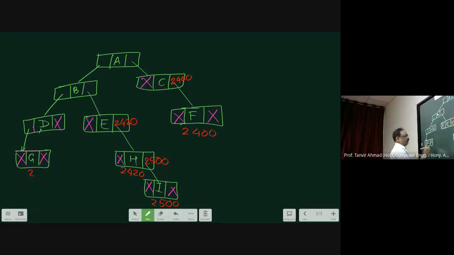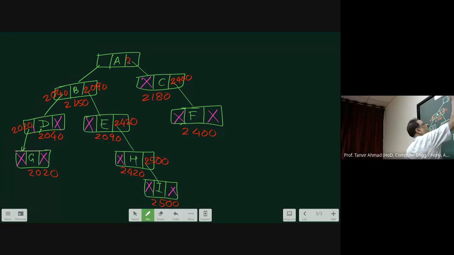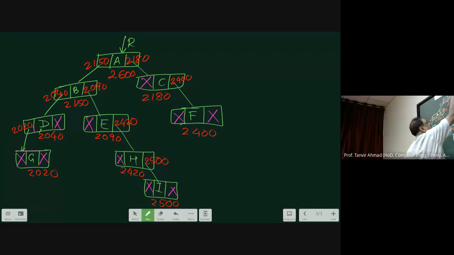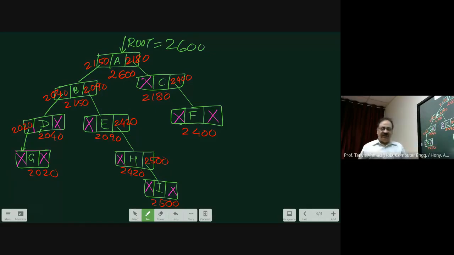Okay, this might be 2020, saved over here. Correct. Now see, this is the tree.